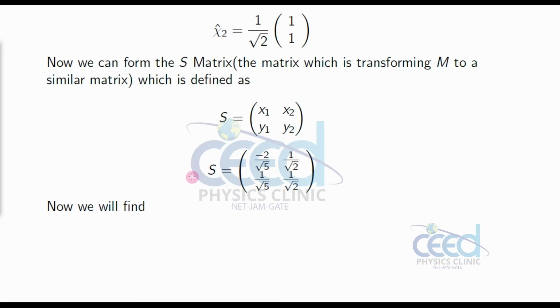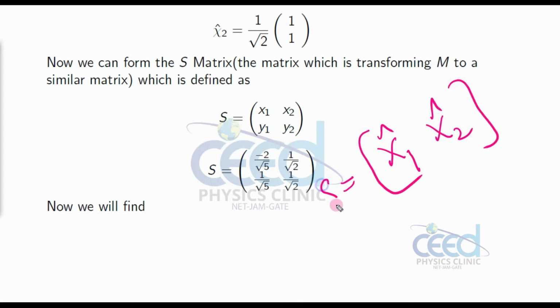So what is the diagonalizing matrix? If suppose you have the normalized eigenvectors of a matrix, that is x1 cap and x2 cap, and you write those as a matrix, then this particular matrix, say capital T (you can use any notation), we can call it the diagonalizing matrix.